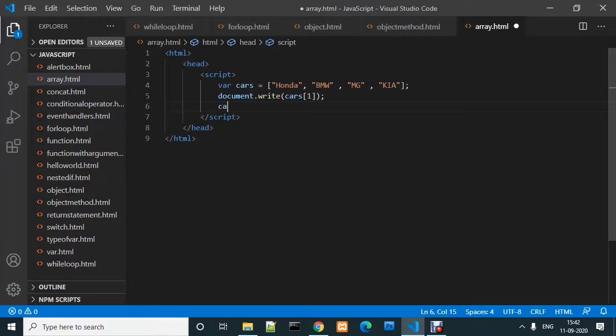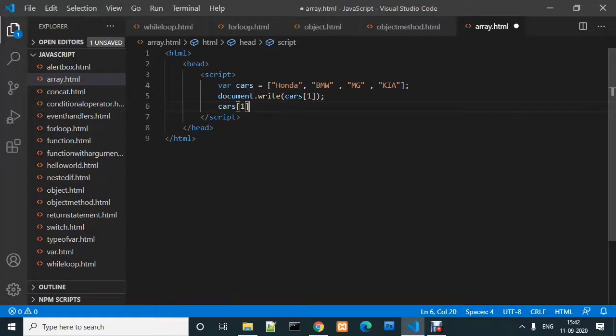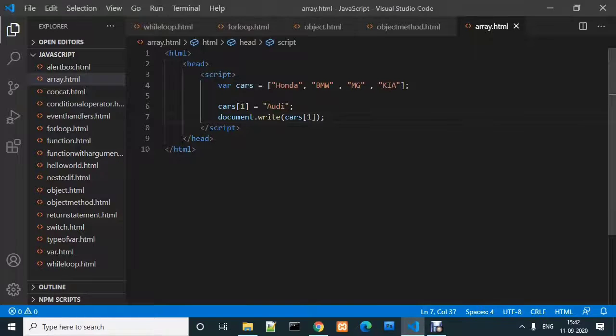We just provide the array name with the index number that we want to change. We provide this and assign a new value, and when we print this again, it will print Audi in place of BMW, as we have assigned a new value at the first position where BMW was stored.